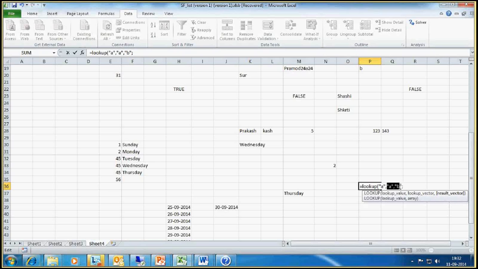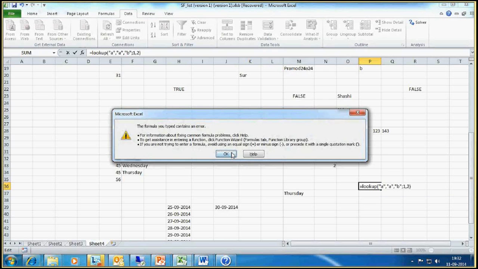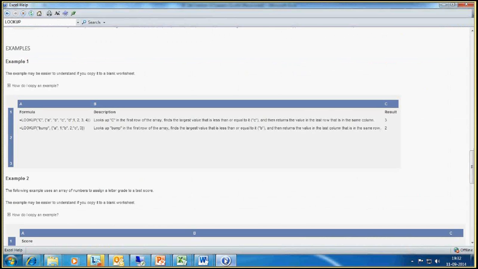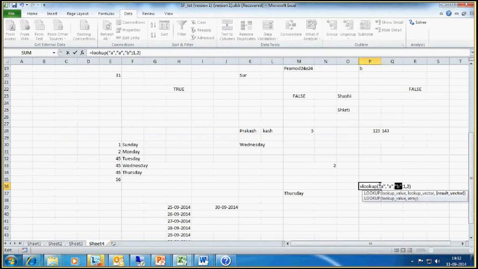The value corresponding to A is 1, and the value corresponding to B is 2. Now I'm closing the bracket and I'm searching for A. I just wanted to know what is the corresponding value for A. So if I click A, maybe some syntax I missed. I put the quotation marks; in the quotation mark, I need to